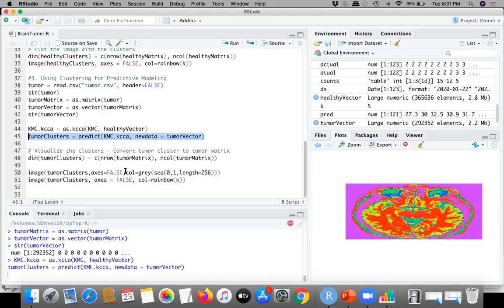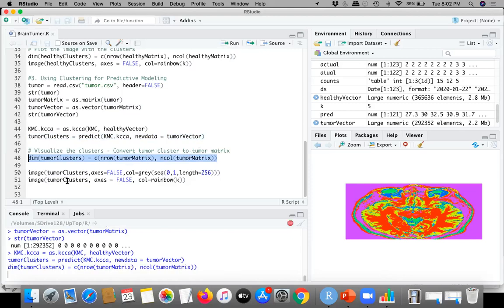Now we need to draw an image for the brain tumor person. Let's use the same kind of dimension. Take the rows and columns from the tumor matrix: number of rows for the tumor matrix, number of columns from the tumor matrix, and let's execute to create the dimension.